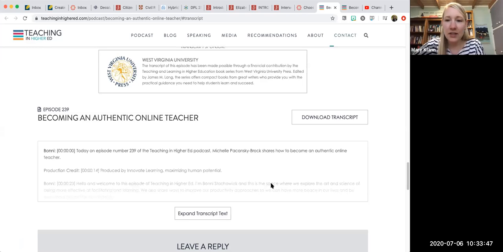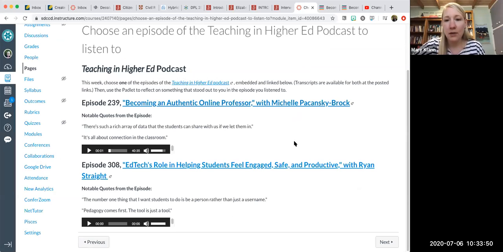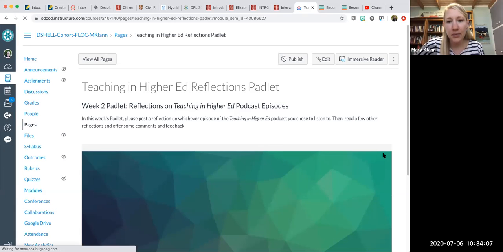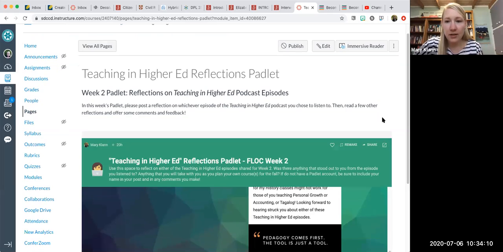And then after you've listened to either one, both of these are ones that I've found helpful in terms of thinking about online teaching as larger methodology and sort of our philosophy, or why we're teaching online and what we want students to get out of things. I'm asking you to go to the Padlet that I've embedded in the Canvas shell and post a reflection on whichever episode of the podcast you listen to. So anything that you got out of it that you think is really significant or relates to your own particular class, or was there a tool that they mentioned or a way of thinking about online learning that resonated with you? If there's nothing, then you can post that too.